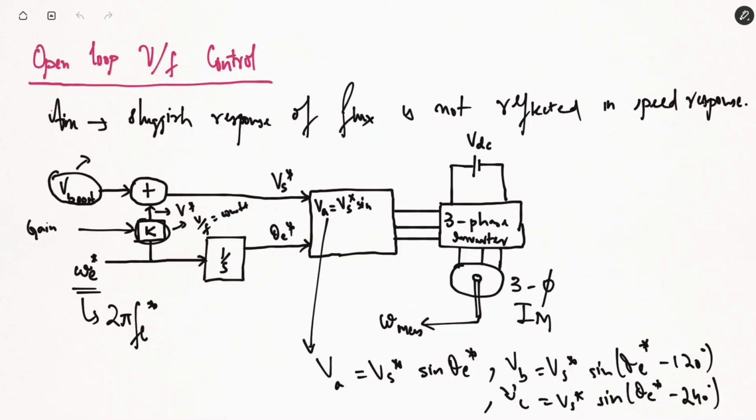In both these two cases, we are only dealing with the speed control. We are not concerned with the flux control of the induction motor. What we were doing here is only varying the magnitude of the voltage and the frequency. How we can obtain flux control, how to modify the V by F control strategy to obtain flux control as well, we'll be discussing in the next session.